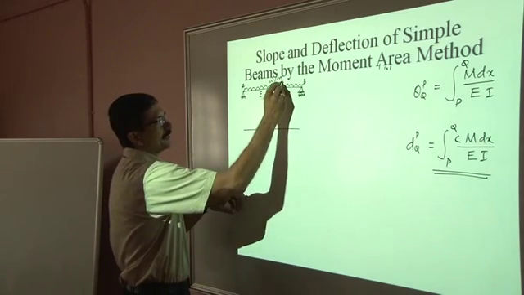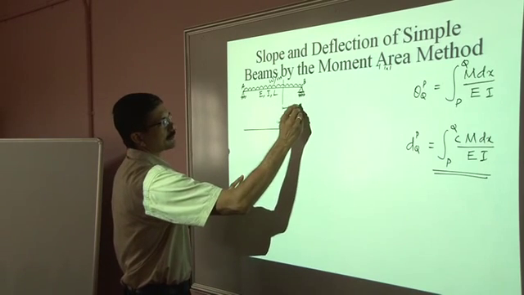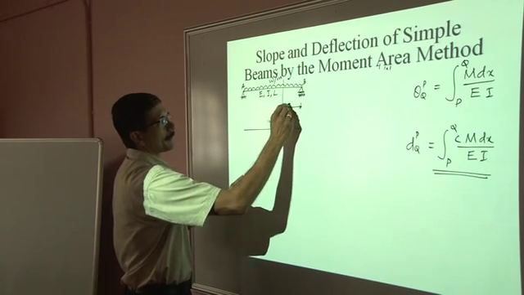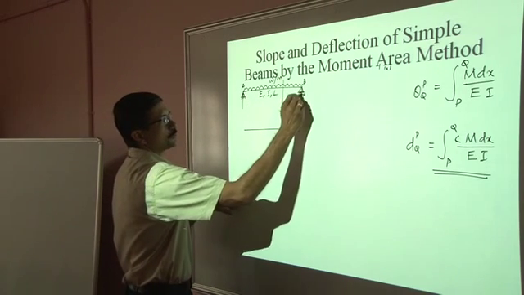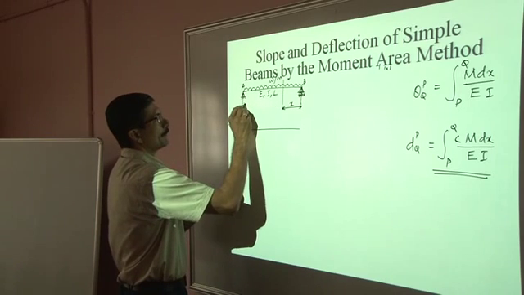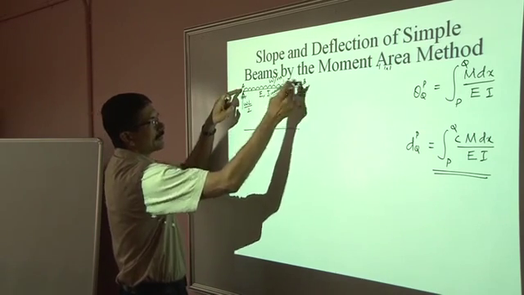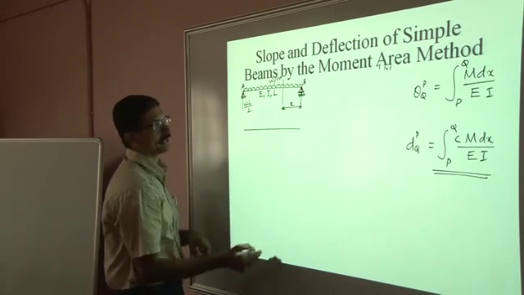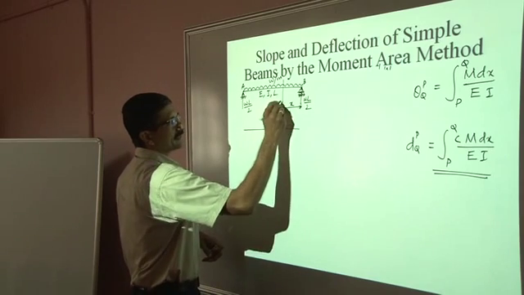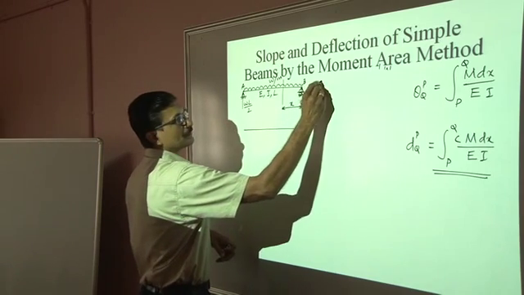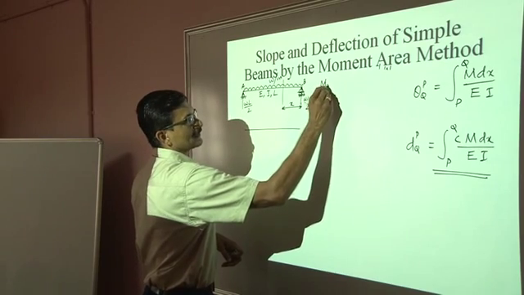If you take any section in between B and A, say distant x from end B, with the support reactions being equal to W into L divided by 2. The total load is W into L, that is shared equally between the 2 supports because of symmetry. So bending moment at this section, let us say that is M suffix X. That is equal to